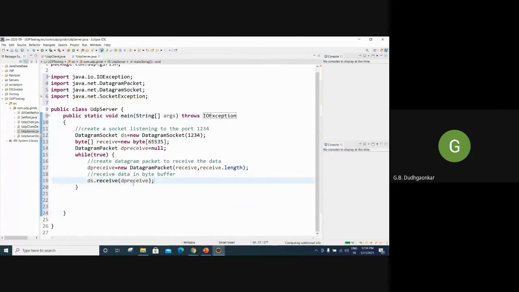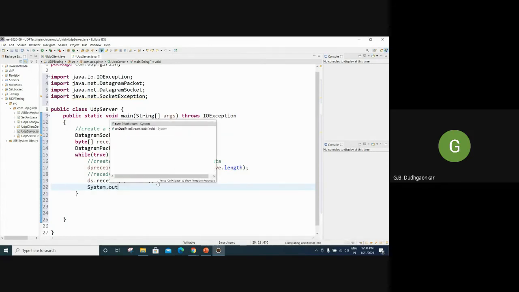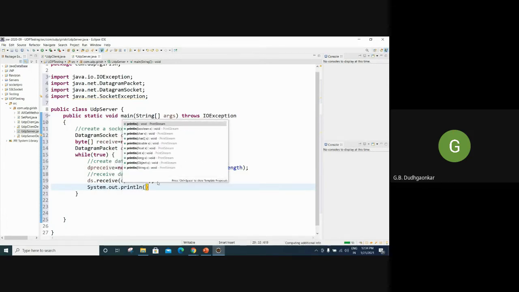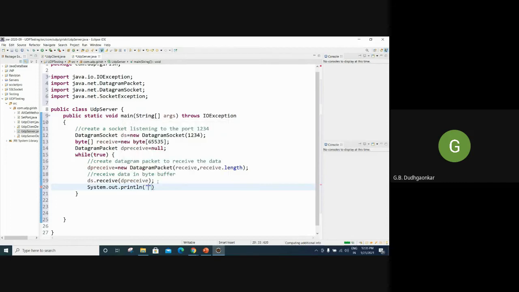Receive is the method, and this DP receive is the datagram object, so we write that here. Then we write system.out.println. All this logic I have told you, so I am just describing each and every line. Everything I taught in the theory.